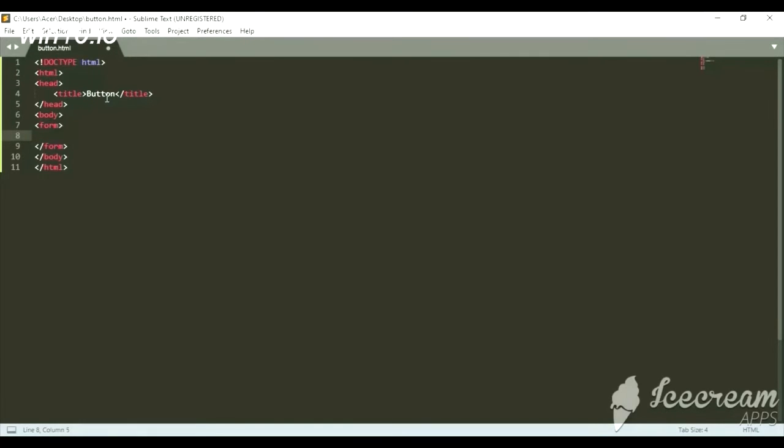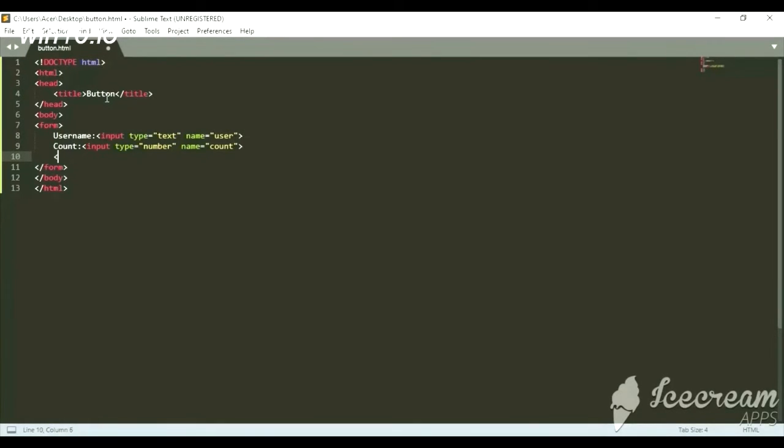In the form, I'm going to take username and input type. The type over here is text for username and the name is user. Next I'm going to take count. I'm taking fields at random, you can take any fields of your choice. The name over here is count.